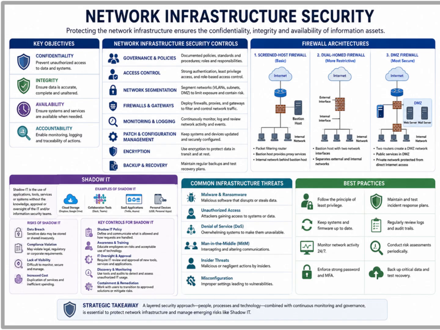A screened host firewall uses a bastion host to provide controlled access between the internet and the internal network. A dual-homed firewall separates internal and external networks using multiple interfaces for stronger isolation. The most secure approach shown here is the demilitarized zone, or DMZ architecture. In this design, public-facing services such as web and mail servers are isolated in a separate network segment, reducing direct